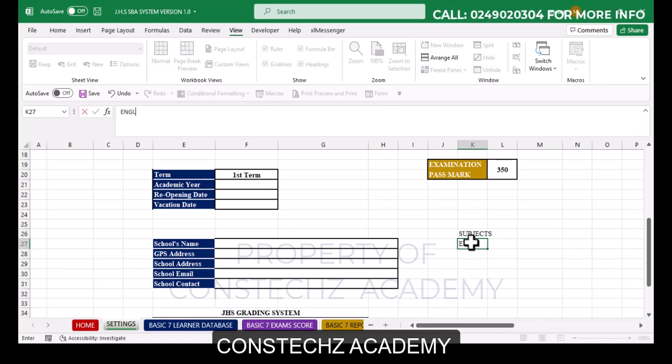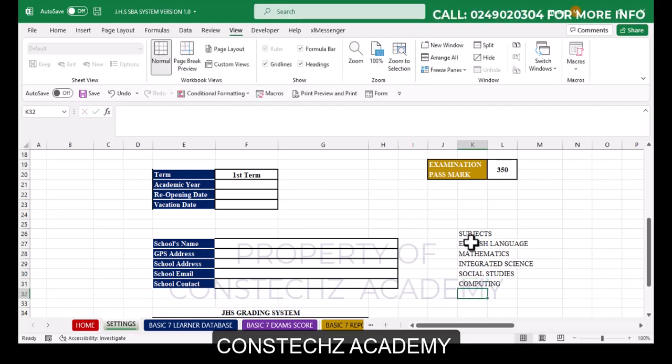English language, then mathematics, then you have integrated science, then you have social studies, we have computing, we have RME, we have career technology, we have creative arts,